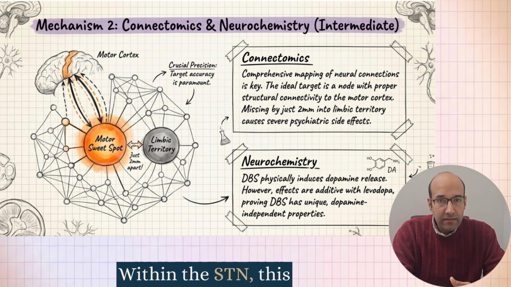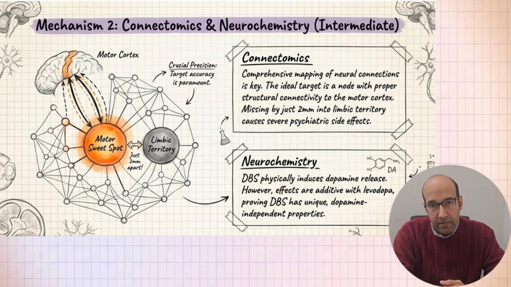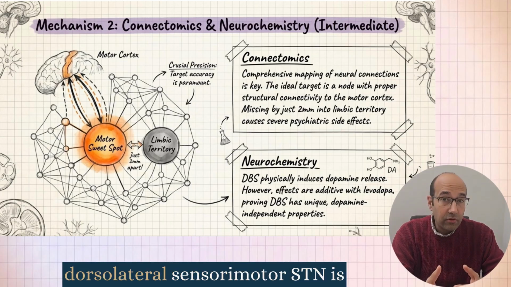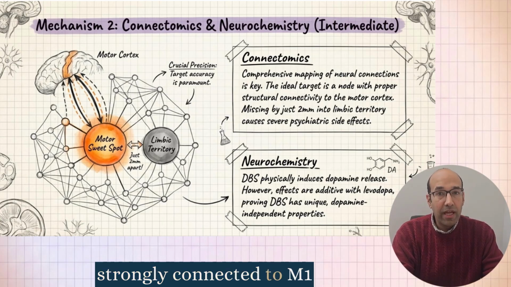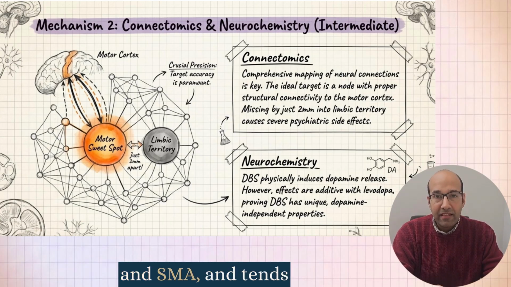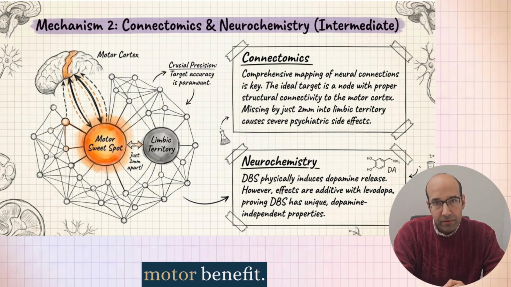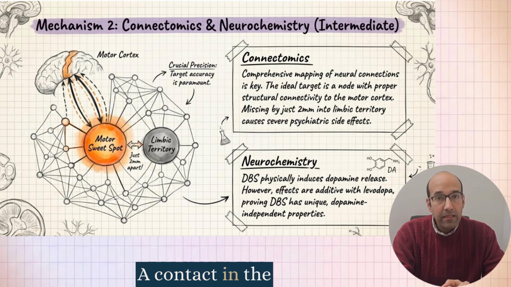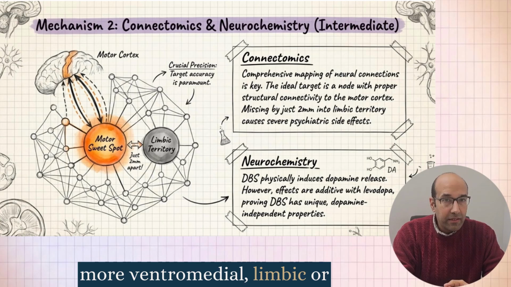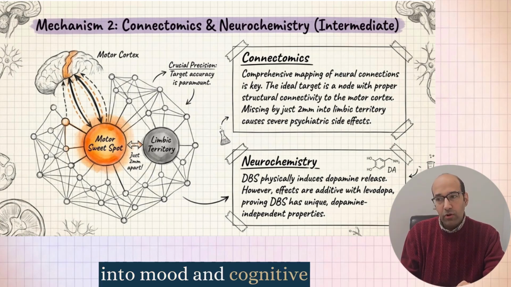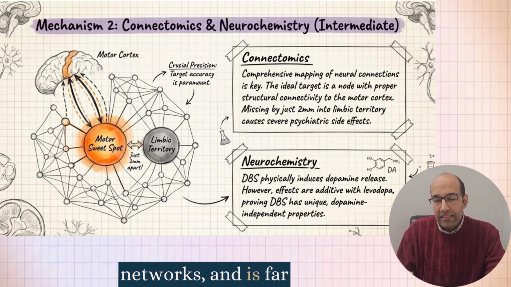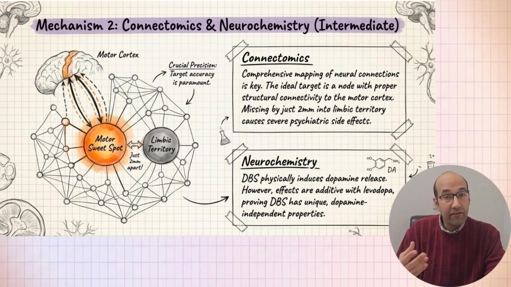Within the STN, this becomes very practical. A contact in the dorsolateral sensorimotor STN is strongly connected to M1 and SMA and tends to give the best motor benefit. A contact in the more ventromedial, limbic, or associative STN is plugged into mood and cognitive networks and is far more likely to produce affective